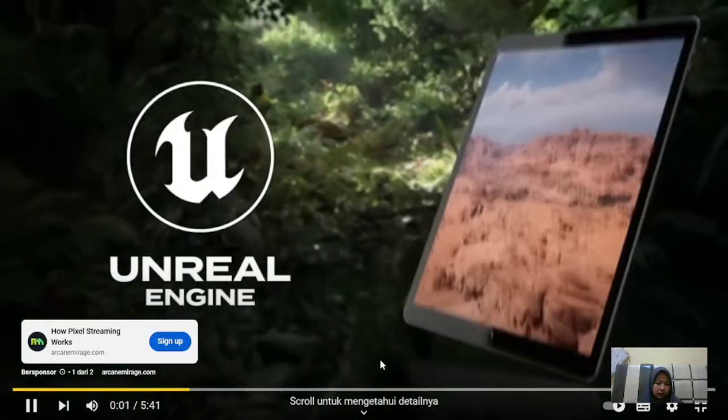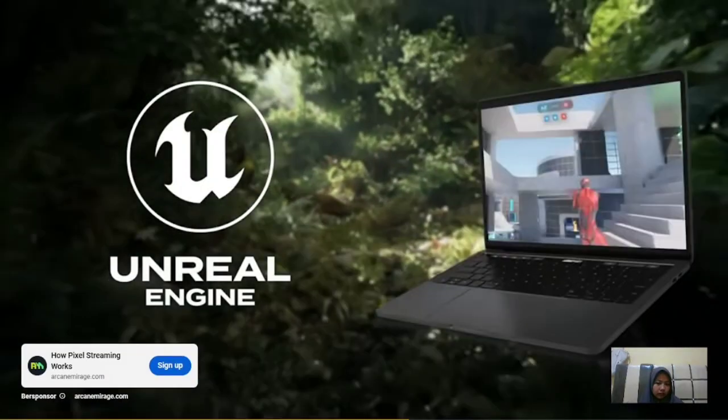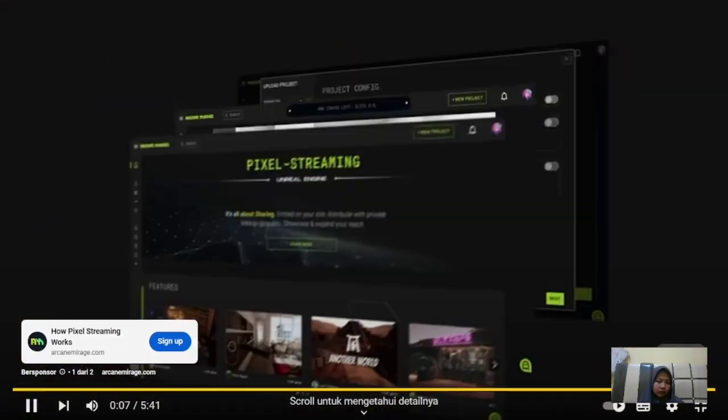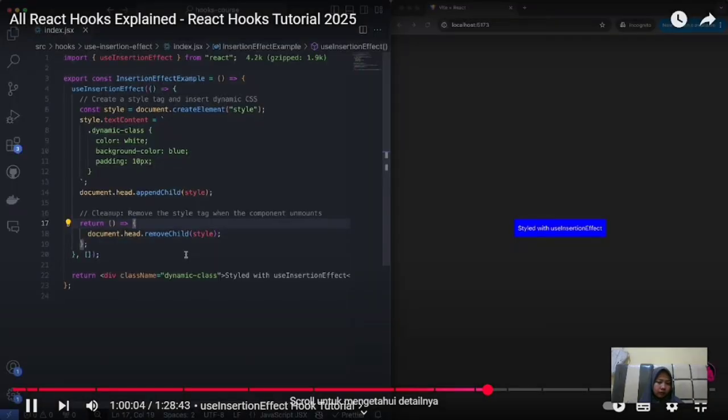But ever wanted to run Unreal Engine on your tablet, phone, or laptop? Pixel streaming makes this possible, allowing you to use powerful 3D apps right in your browser without as specified by